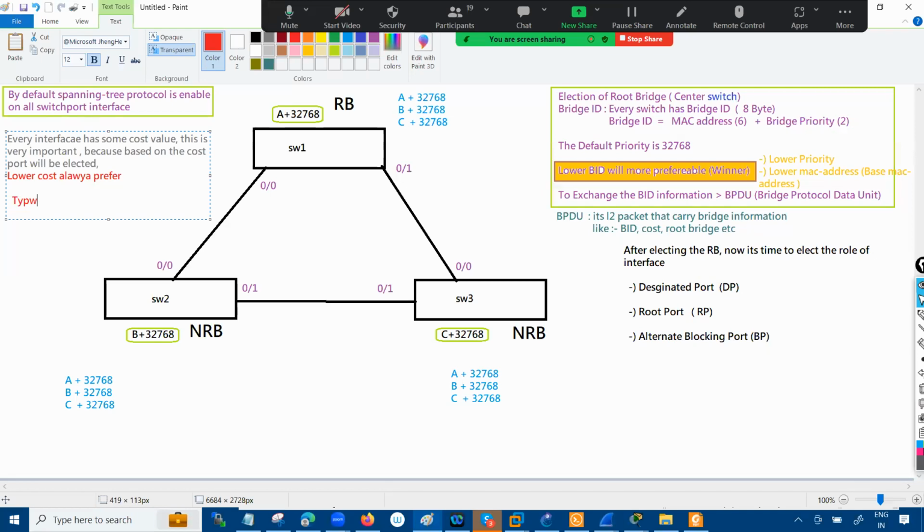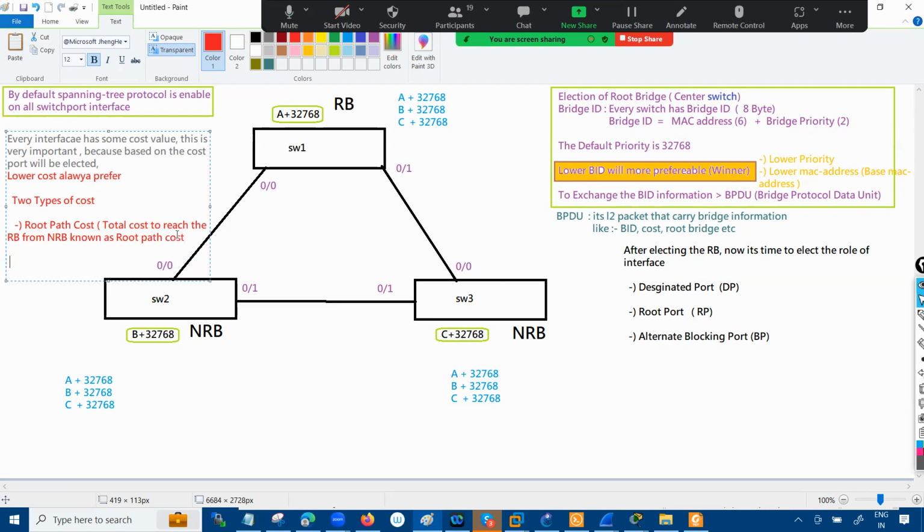There are two types of cost you have, right? Again, these things do not come up in the interview so much. I'm just giving you this for your knowledge perspective, nothing else. One is called the root path cost. As the name suggests, who is the root bridge right now? Switch one. So the total cost from the non-root bridge to the root bridge is called the root path cost. The total cost to reach the root bridge from a non-root bridge is known as the root path cost,